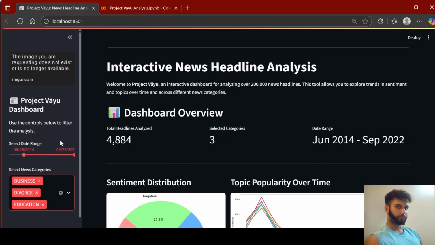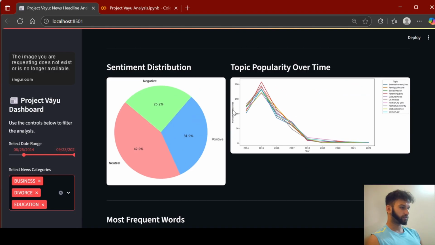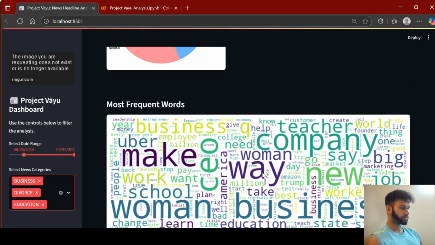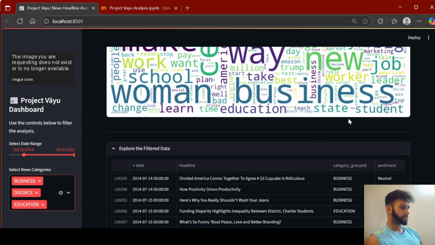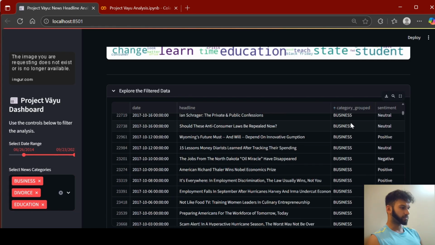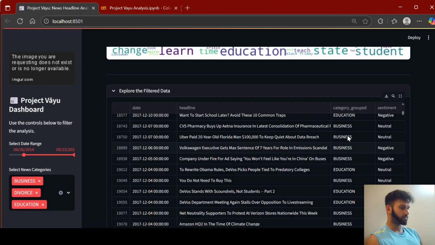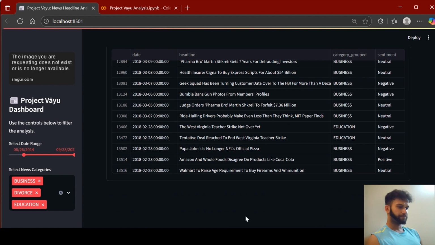You can, once you create ना, आप इसको move कर सकते हो. Headlines इतना है तो graph change हुआ है, थोड़ा सा graph change हुआ है. This percentage has changed. See, वो last time यहाँ पे women, Trump कुछ कुछ था ना, यहाँ पे Amazon था, अब यहाँ पे change हो गया. Teacher, company, business and all. Here everything is changed. Here see, now you have category like business, you want education, or you want business and education both. ठीक है. Negative, positive.